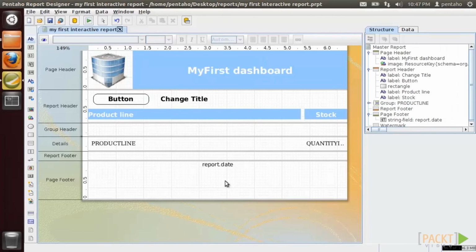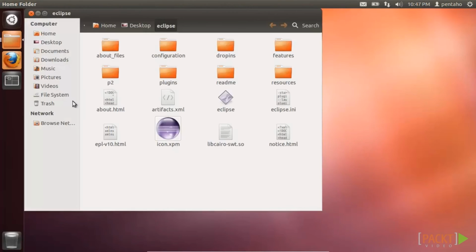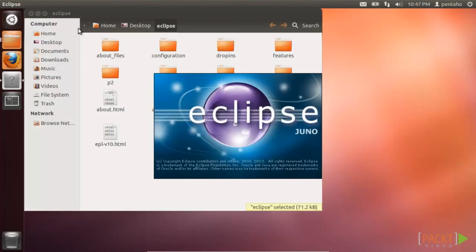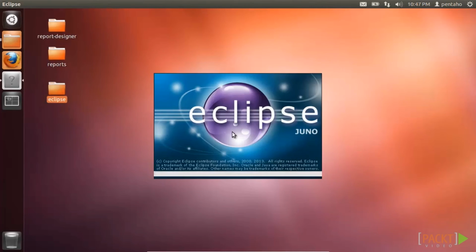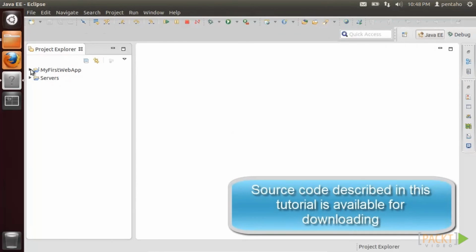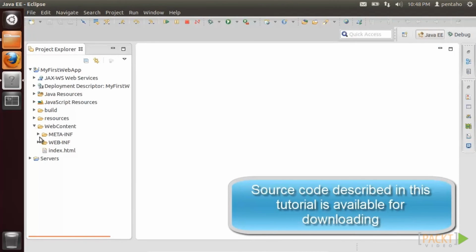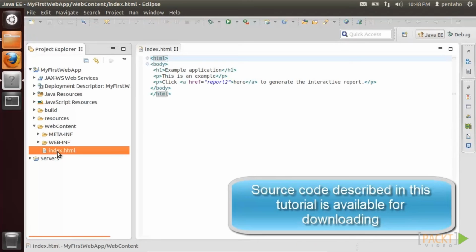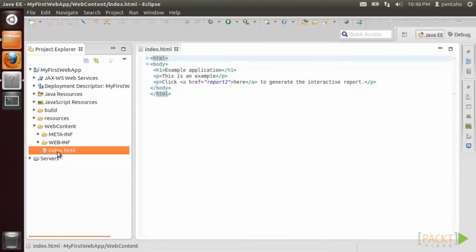Last but not least, let's see a more interesting example using Java. We want to click on the product line description and open a report that lists all the detail specific for that product line. In other words, we'd like to make two reports interact, the first as master and the second as details. To do this, we're going to execute the report in a Java environment using Eclipse, where we have developed a basic web project composed of a static page called index.html used to invoke the interactive report in HTML format,